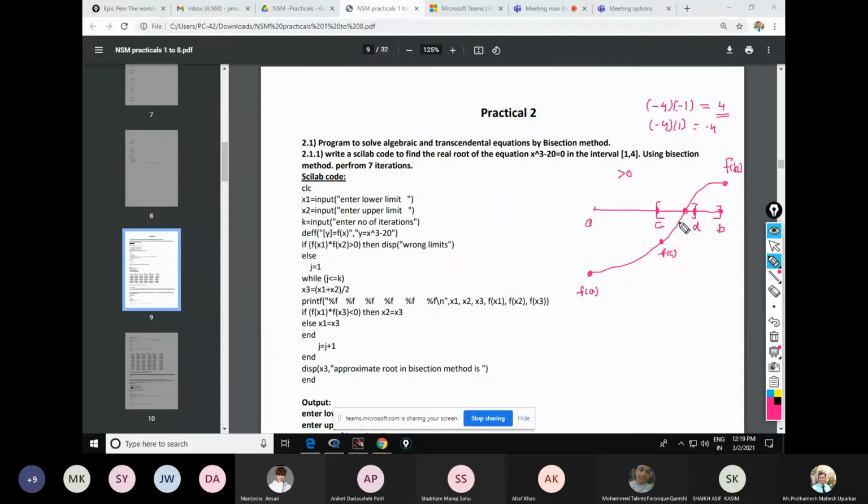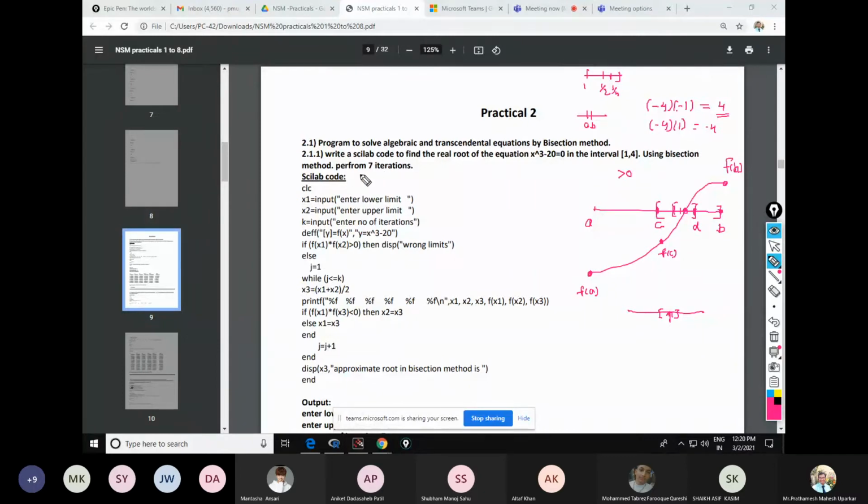In which interval will my root belong? Every time I am dividing my interval into smaller and smaller parts, and at a particular time, as the length becomes smaller and smaller, I will obtain the required range. Every time I divide by 2, for example if the initial interval length is 1, after the first iteration the length will become 1 by 2, after the next it will become 1 by 4, and at a particular time the range a to b after n iterations is so small that it will give you the required number of iterations.